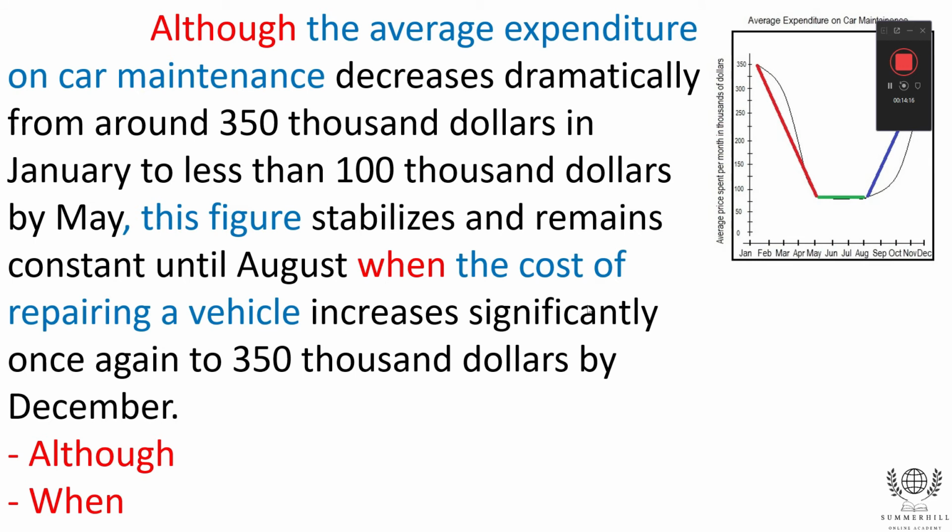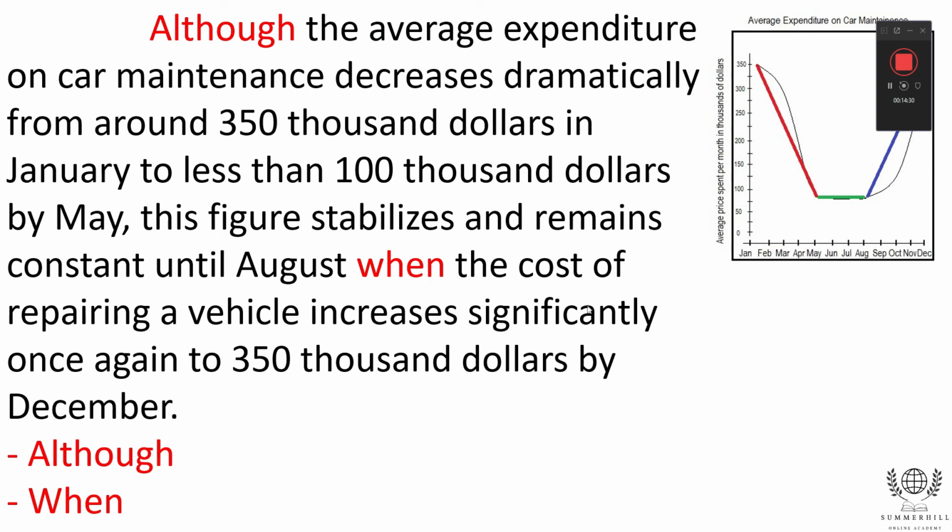We can see that we're also paraphrasing in many ways. We're not just repeating average expenditure on car maintenance, right? We can definitely use that, but we're paraphrasing as well. And one thing that's also important is the tenses, right? Maintenance costs decreases dramatically, right? It stabilizes,